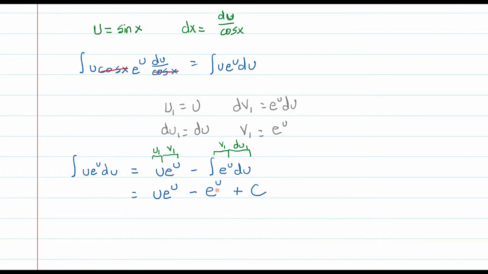Now that we have everything here, we're done finding all our integrals. Since we started the question with a substitution for u, we should do a back substitution. So what this means is wherever we see a u, we should replace it with sine x. So our answer should be sine x e to the power of sine x minus e to the power of sine x